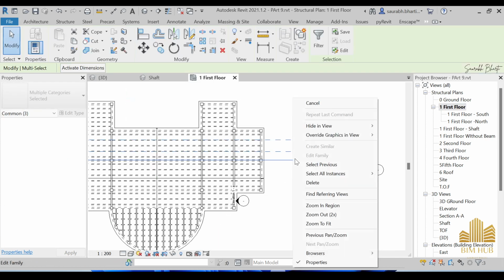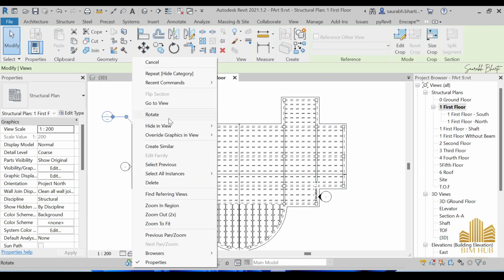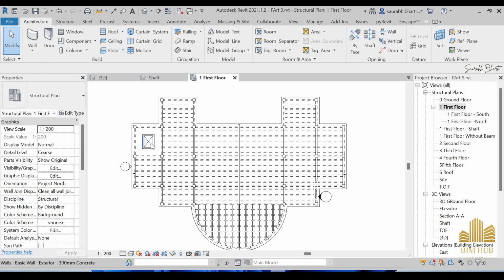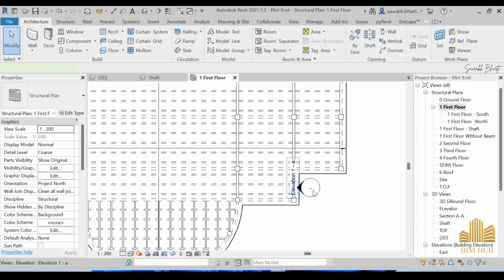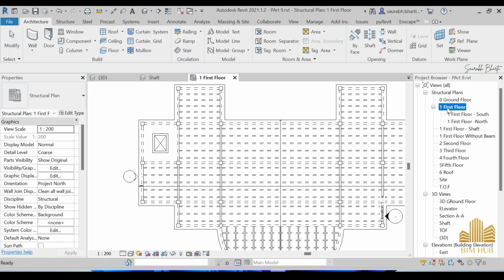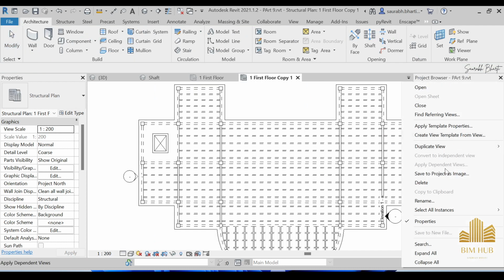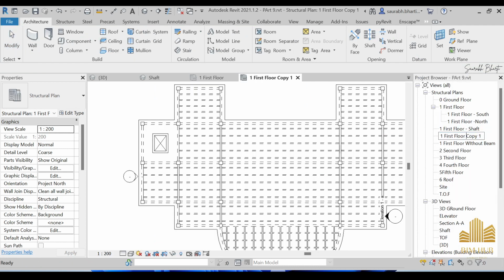On the first floor, first of all, what we can do is hide all these categories. As you can see, we have now hidden everything that is not required. You can also hide these things, it is up to you. So let's get started. First of all, you have to duplicate this view. I've just duplicated this view and renamed it. Just go to rename, and over here write its name as analytical model. Okay, we can also keep it as something like first analytical,